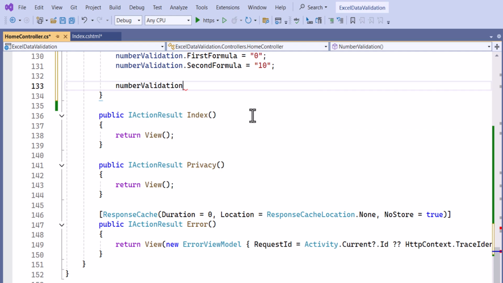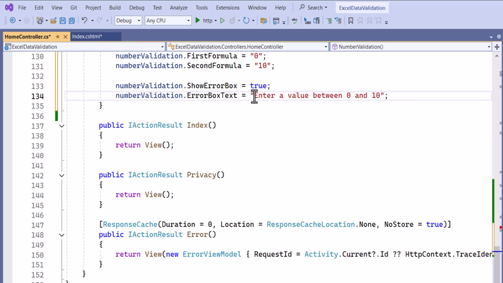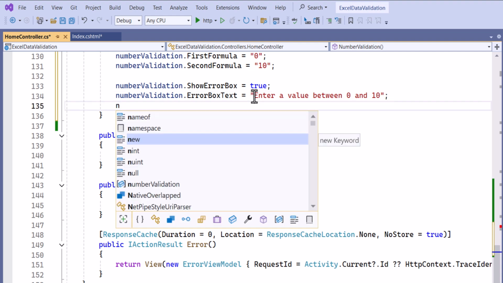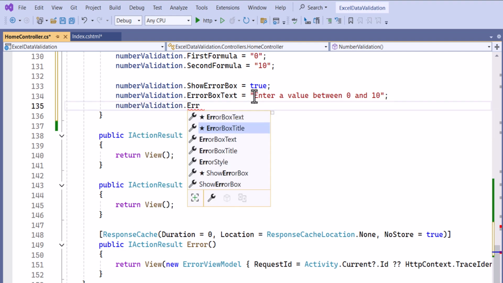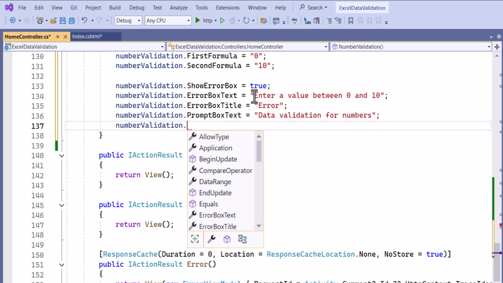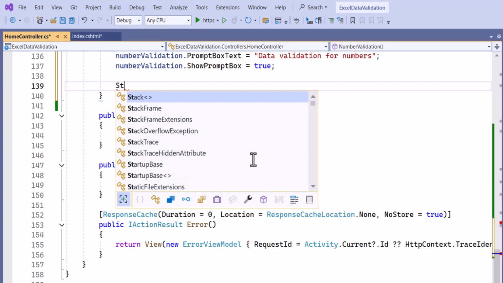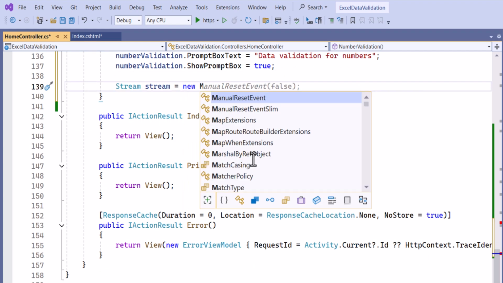Next, enable the error box to pop up when invalid data is entered. Additionally, I set the error box text to "Enter a value between 0 and 10" and set the title of the error box to error. After that, set the prompt box text as data validation for numbers, and also set the option to show the prompt box to true so that instructions are displayed when cell C3 is selected. After completing the validation, I will create a memory stream